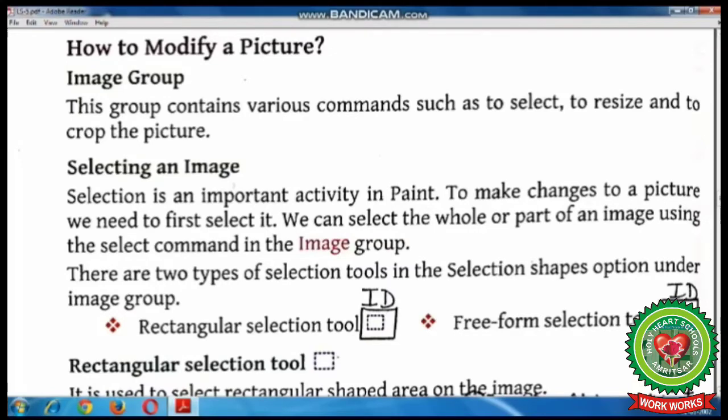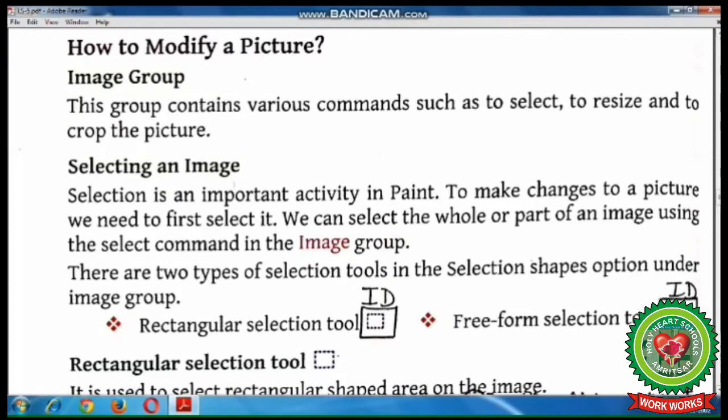Children, in the previous class, we have already discussed Home tab and its different groups like Tools group, Shapes group and Colors group. So in this class, we will explore some more features of Paint program.